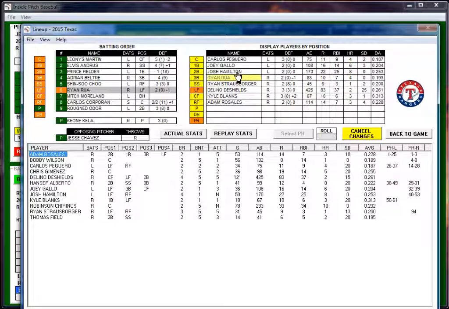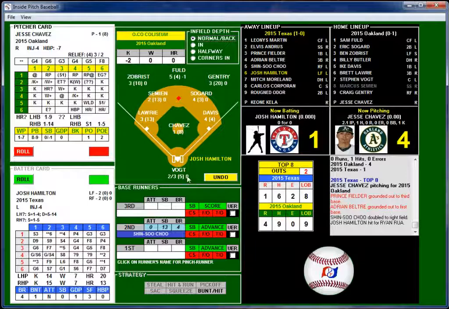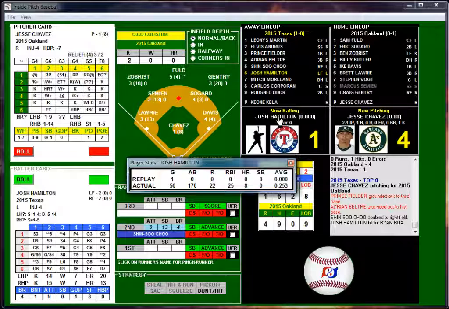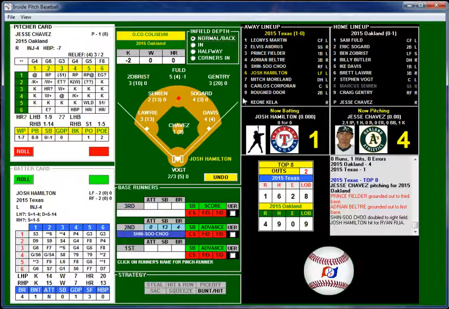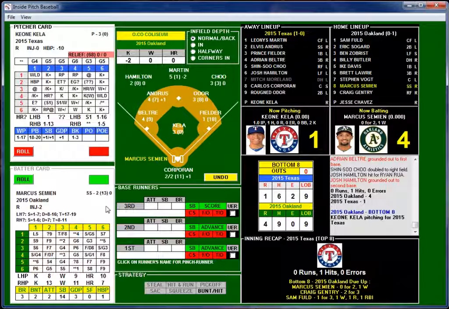We're going to put in Josh Hamilton. We're going to bring in Josh Hamilton for Rua. Josh Hamilton also is a lefty against the righty. And he also hit 8 home runs, 25 RBIs, 50 games, batted .253. So, not what happened in real life. Let's see how it plays out for Texas. 1-5, no strikeout. 43, that's going to be a ground ball to short. That's going to end the inning.